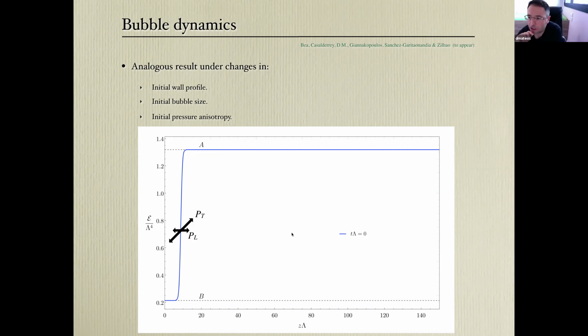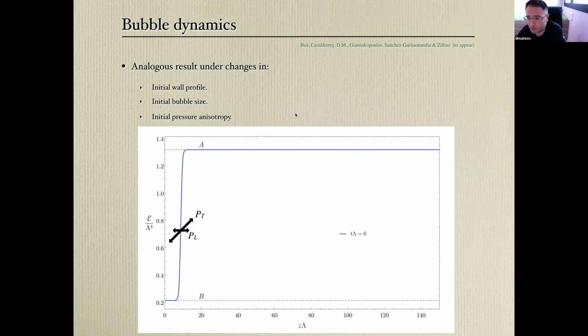Good. So let me just clarify one thing about your question, which is very pertinent, but this is not an anisotropic plasma in the sense that it's intrinsically anisotropic. It's just that you're looking at an anisotropic state because the wall is expanding in one direction and not in the others. But the theory is isotropic. Now, what you're asking is, of course, that once this is in motion, there will be some speed of sound in this direction and some speed of sound in that direction, so to speak.